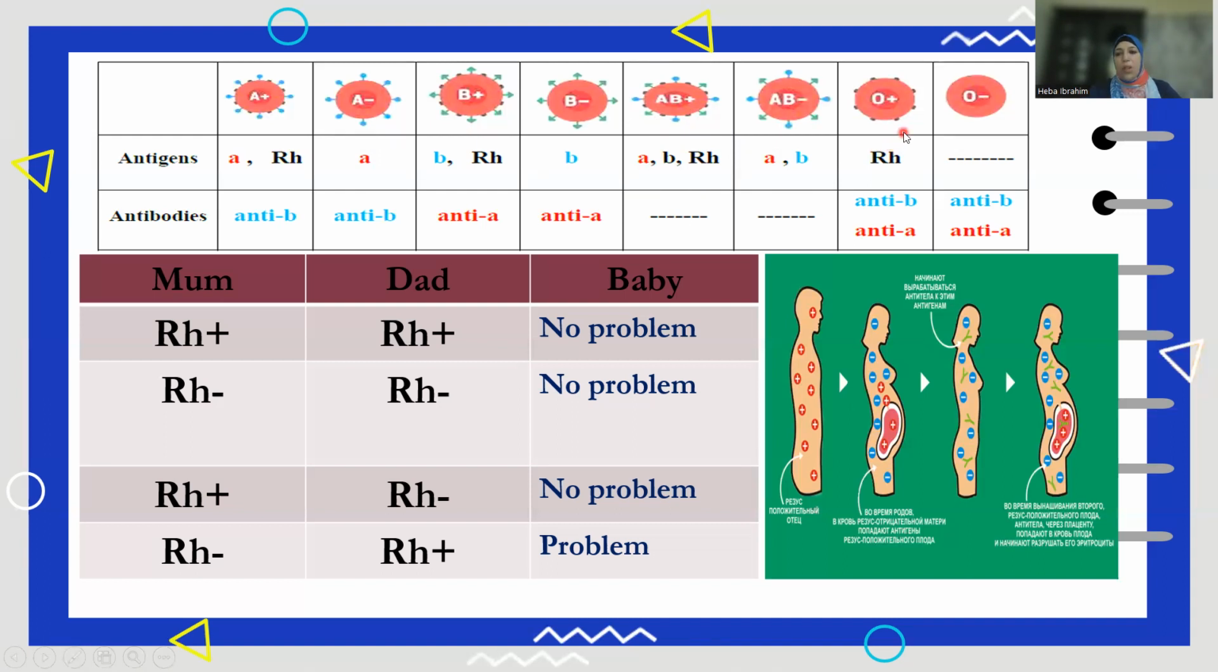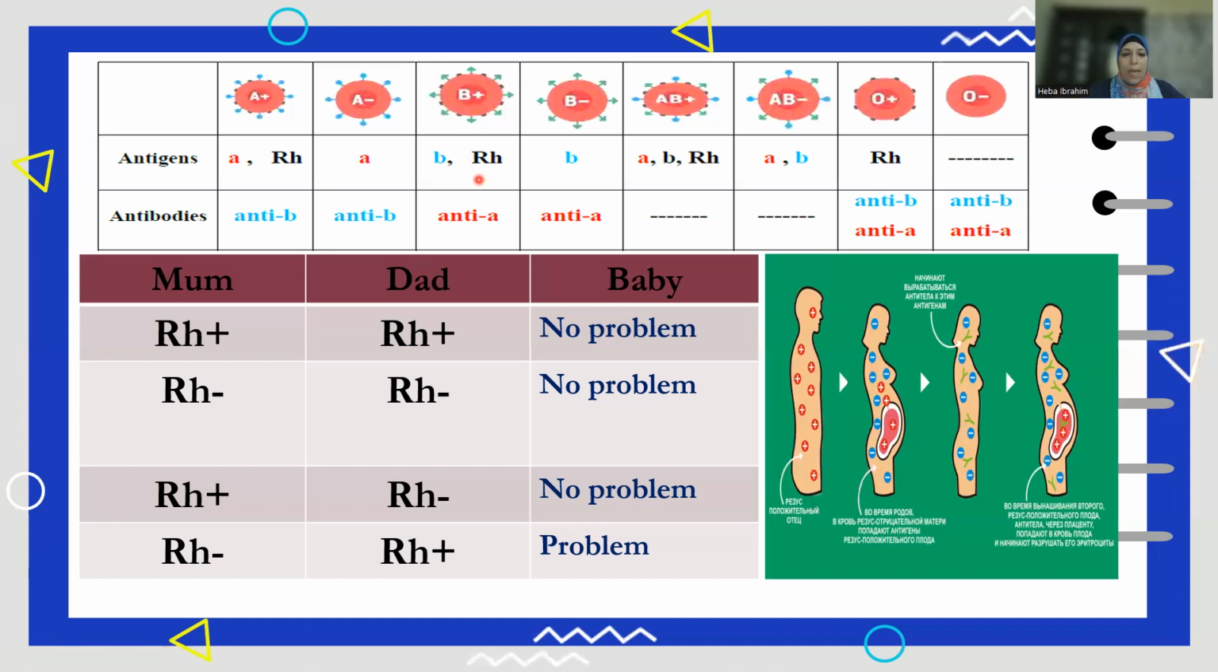O with no antigens, but if it's O positive, that means this blood group has antigen Rh. O negative, no antigens. And there is no change in our antibodies because under normal conditions, there is no anti-Rh. But if we transfer blood from a positive Rh person to a negative Rh one, the body will deal with the Rh antigen as a foreign body and it will form